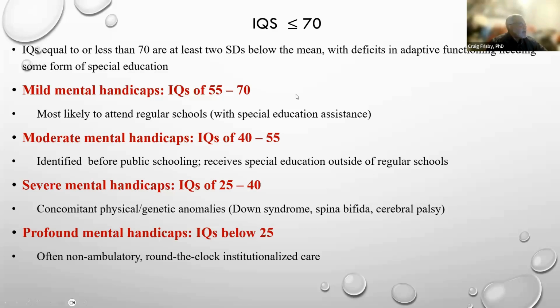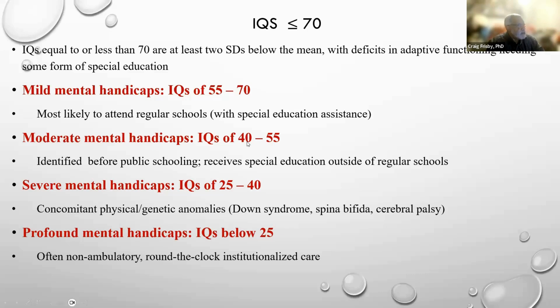So basically you have people who get IQs between 55 and 70, and they are people in the mild mental handicap categories. These are individuals that you will likely run into working in regular schools, but they need special education assistance. When you get to IQs that are lower than or right around this range here, if you work in public schools, you will probably have little contact with these kids because they tend to be in institutions.